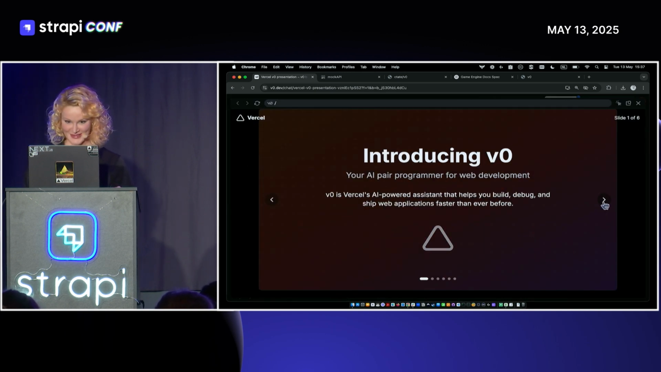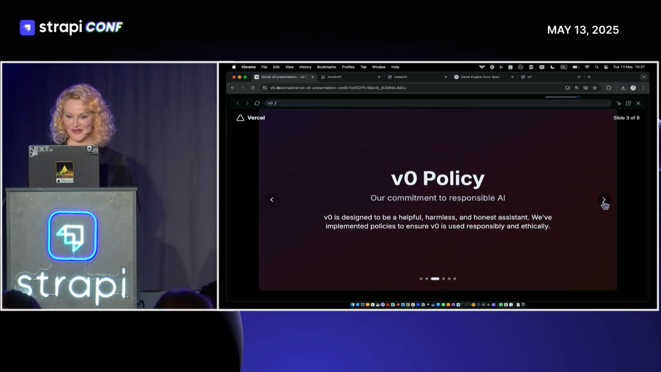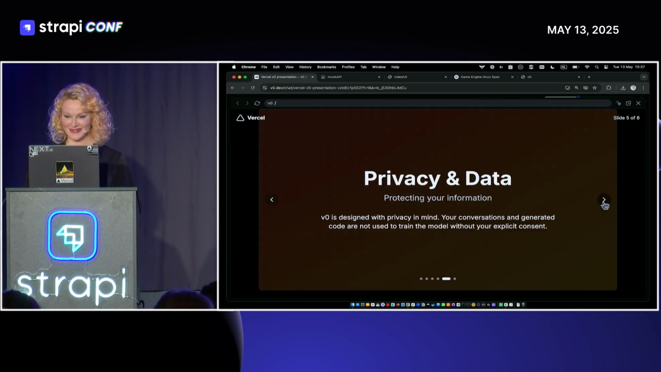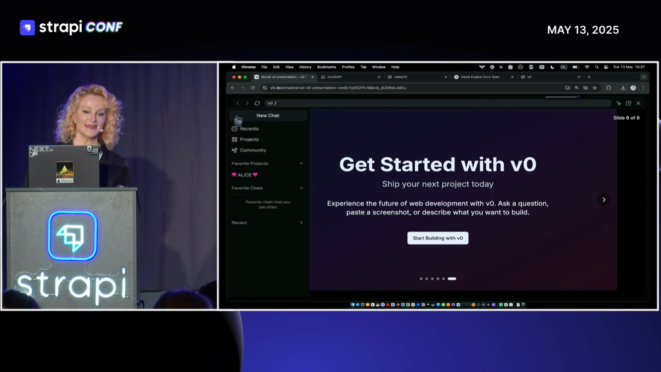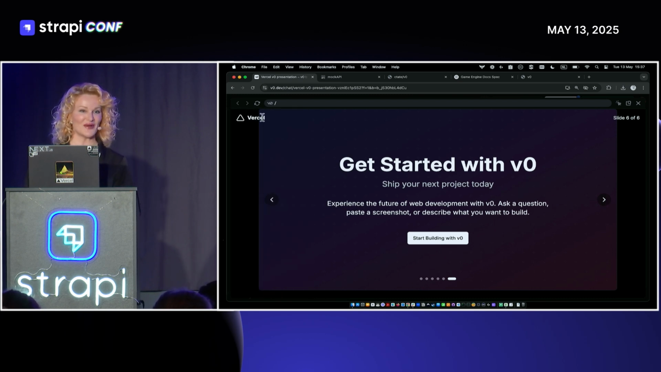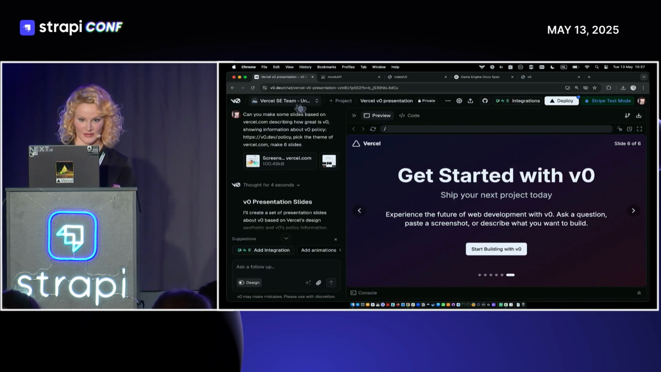So these are the slides introducing V0. Yeah, true, pre-programming, grazie, that's correct. Faster with V0, V0 policy, OK, the content guidelines. And you can see just how I can go through it. So these are simply slides. It did interpret the Vercel logo a little funny. This is typical AI. But what I could have done, of course, is to add, I'm going to show you maybe on my personal,